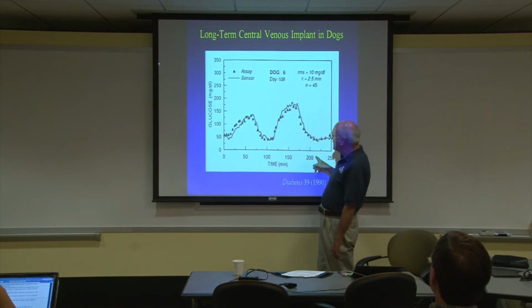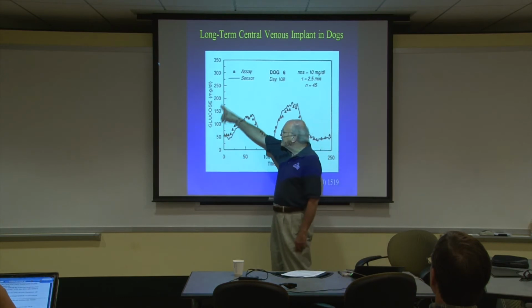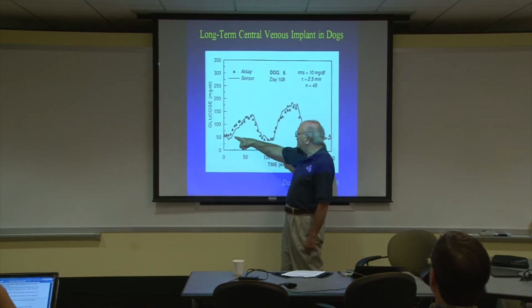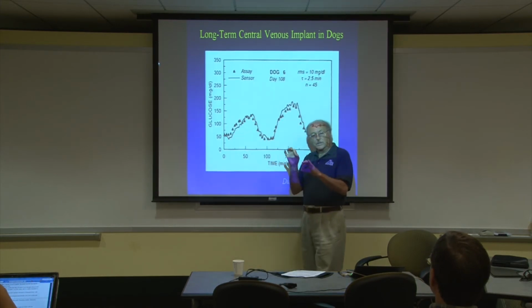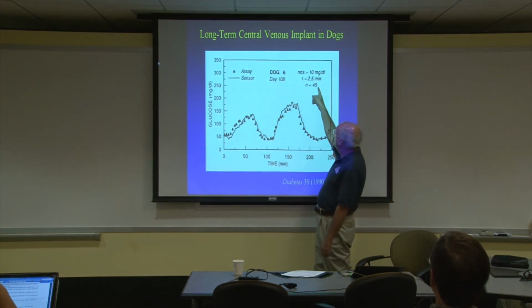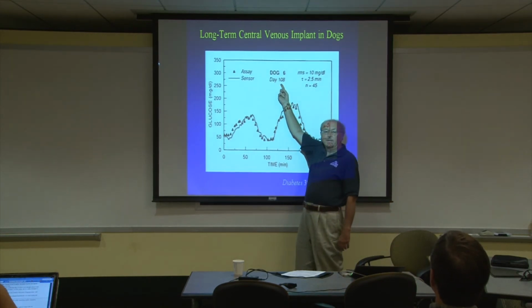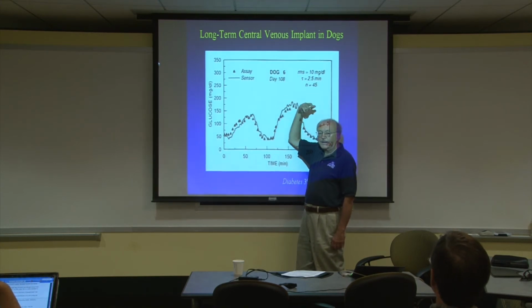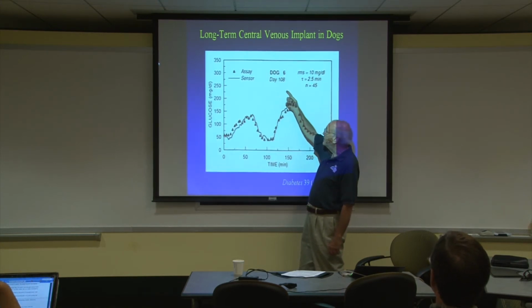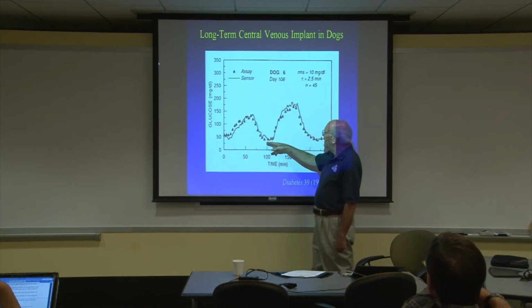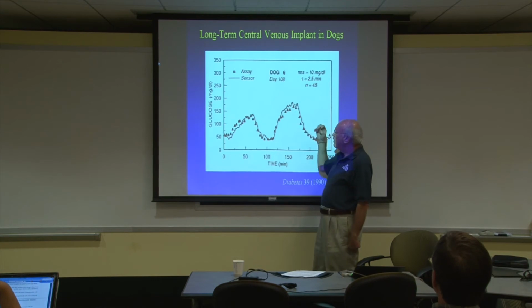This is time and measurements, and then this is glucose on this side, and the signal from the telemeter device is this black line, and these little triangles are blood glucose from a sample, to try and compare with the telemetry. So this is on day 108 of implantation, okay? That means the enzyme's got to last that long, and biocompatibility's got to last that long at least for this to happen. We did this in a number of animals, and these are normal dogs,